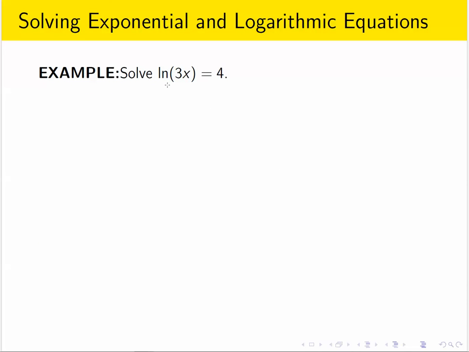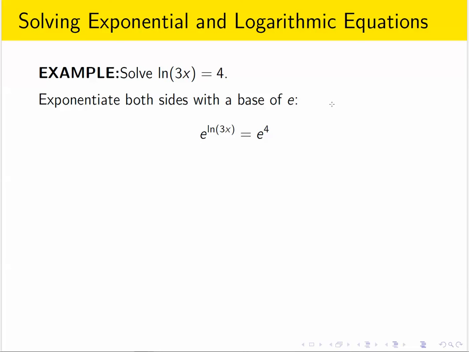Here's another one. Solve natural log of 3x equals 4. Now, remember, natural log is log base e. So if we want to be using the same base when we exponentiate, that base should be e. So e and the natural logarithm cancel each other out here,